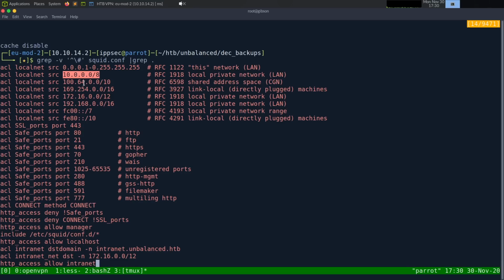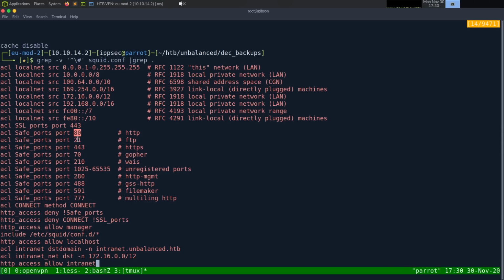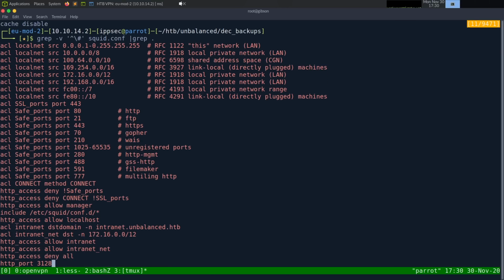That's a general RFC 1918. So these look to be the standard local host address. So nothing unique there. These are ports we're probably allowed to access, like 80, 21, 443, these unregistered ports. So nothing too interesting there. We have squid conf d, local host. We do have a host name disclosure. So we have